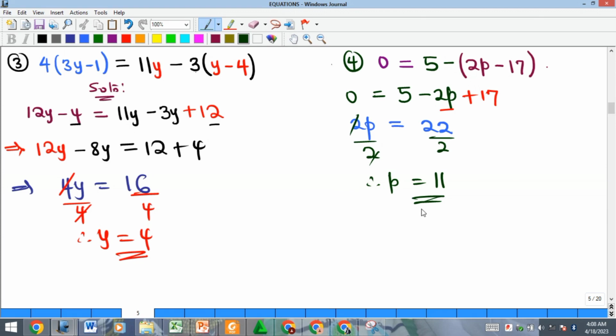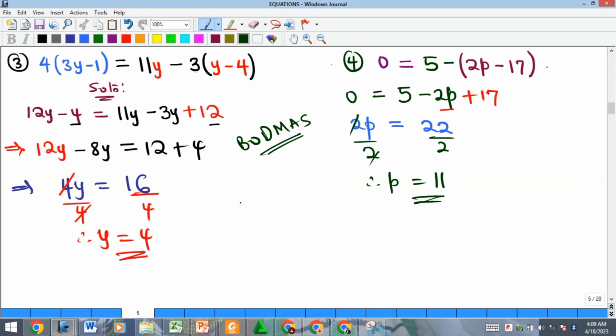So you remember the steps. You first of all open up the bracket. The principle we actually use here, which takes its course in math operations generally, is BODMAS. Bracket will always be first. So you open up the brackets first, then if there are like terms, you collect them, you simplify and make your variable to be alone, and that gives you the